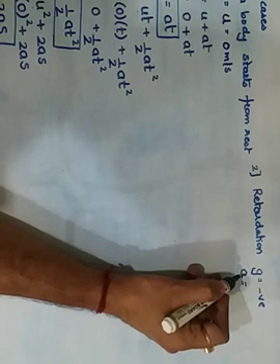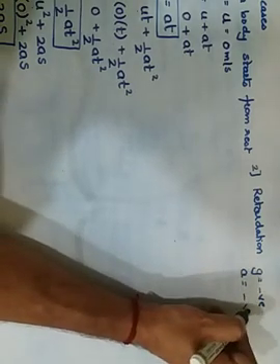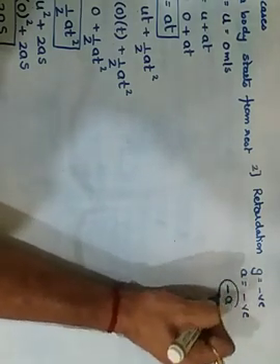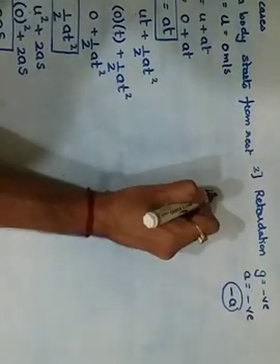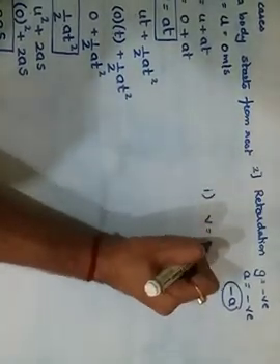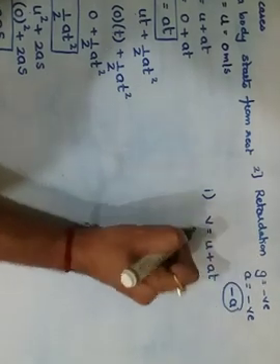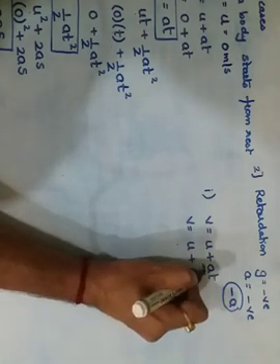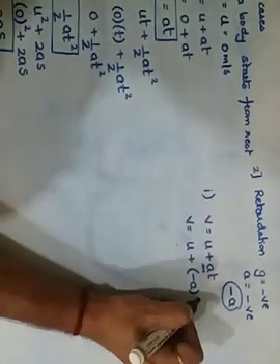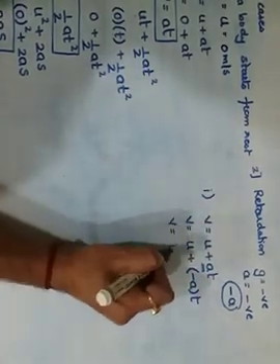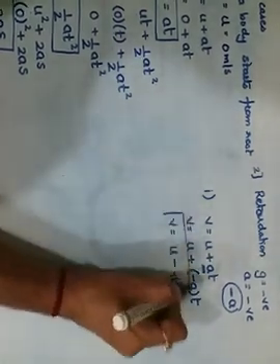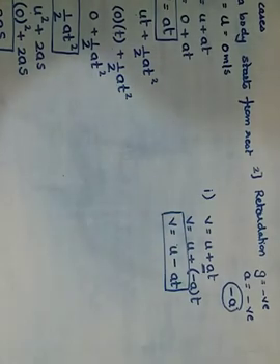If we take the value of a as negative, meaning we substitute a as negative, then your first equation, which was v is equals to u plus at, will become v is equals to u plus, in brackets, not a, but minus a, because this time it is retardation, so minus a into t. Therefore v is equals to u plus minus is minus at. Just the sign changed because it is retardation.